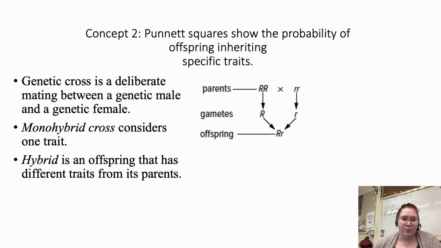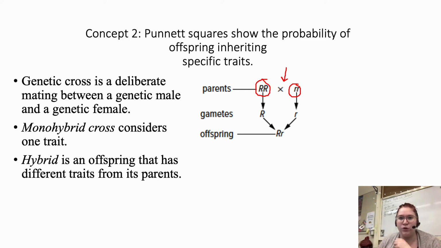So we can learn a lot about the genes of parents or offspring by doing something called a genetic cross. A genetic cross is a deliberate mating between a genetic male and a genetic female. So you're choosing the parents carefully in a genetic cross. Whenever you see this little X, it means crossed with. So this is big R crossed with little r. A monohybrid cross looks at just one trait. So for example, just the hair color on the horse, or just the earlobe,